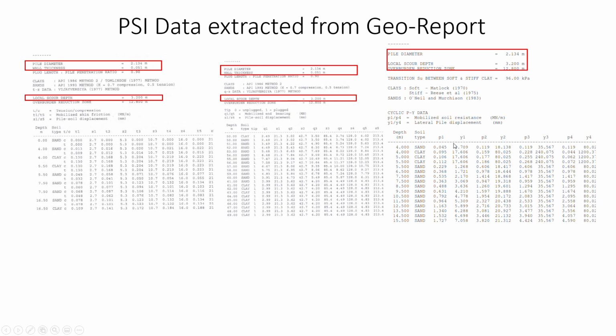So load versus lateral deflection, depth wise it will give the P1, P2, P3 points, the 6 point or 4 point they will mention over here, and the soil type is also given here actually. So we have to enter all these values into the data gen format.